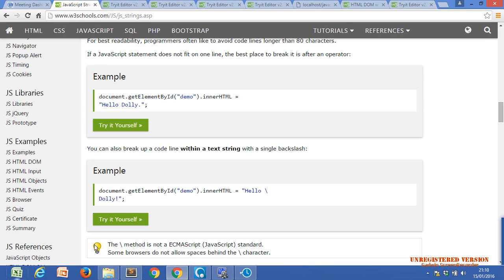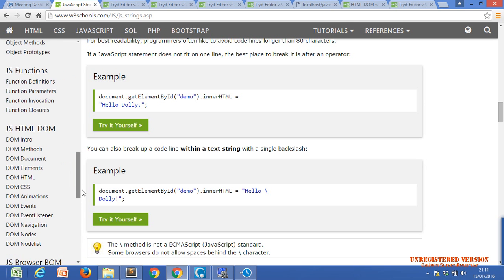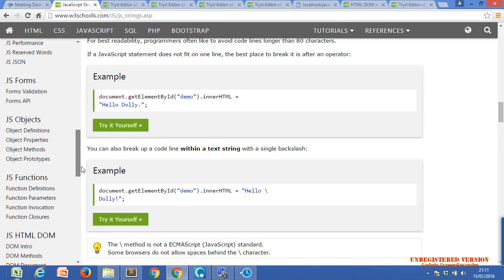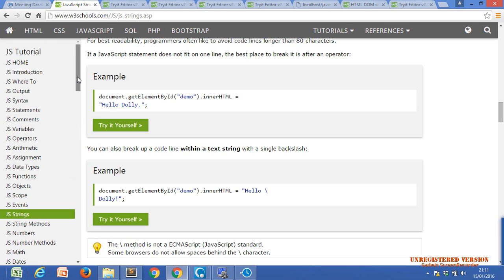If I describe all the topics, we will get stuck in JavaScript only. The rest of the topics of JavaScript we will finish in tomorrow's session.